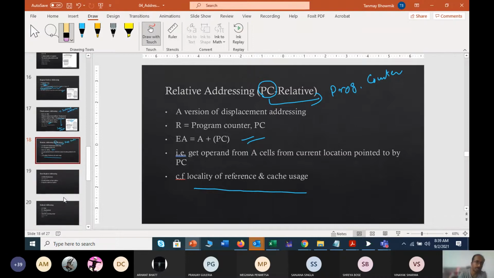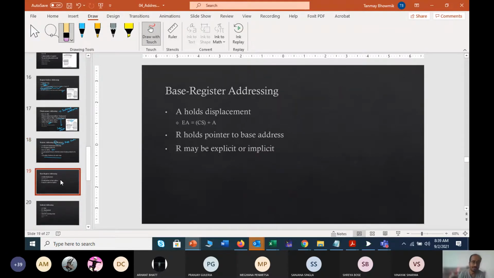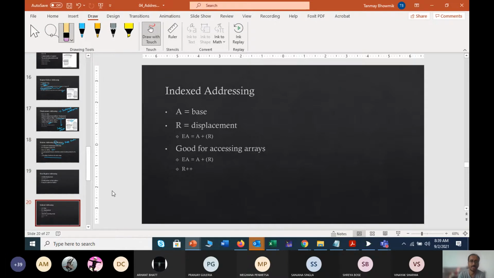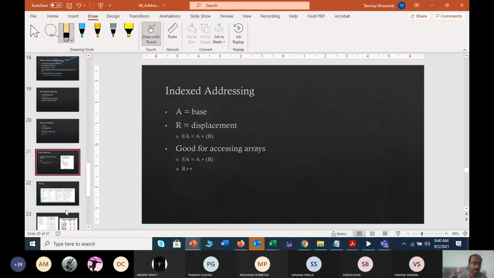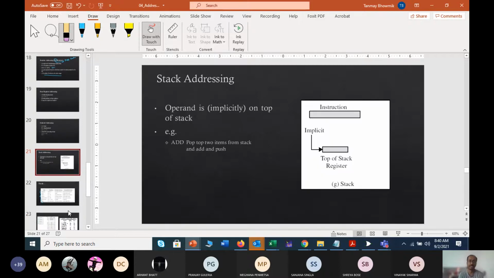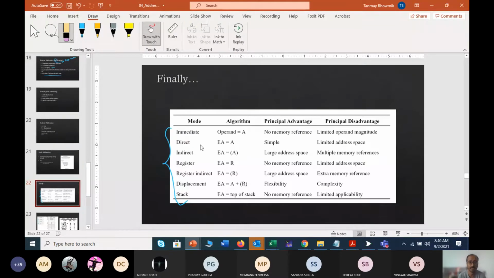So these were all the basic details. Now the base register or index register and the others are just equal to displacement, which we have already checked. And then finally, stack addressing. Right now I will not touch stack addressing, because we have not done the microprocessor core yet. So as a whole, you can see that the separate addressing modes and some algorithm have been given here.